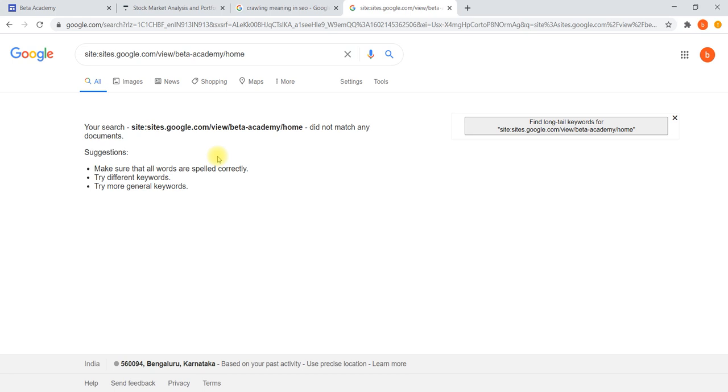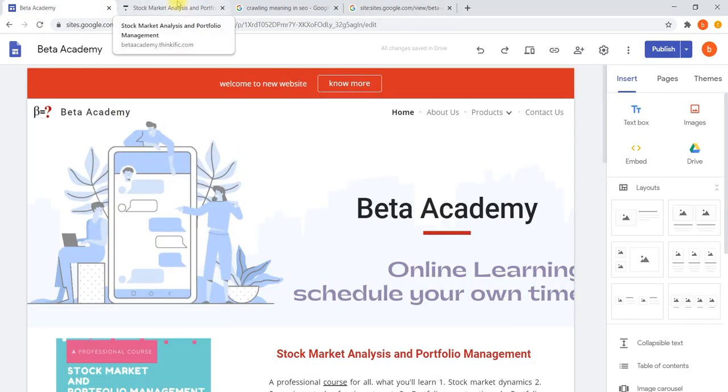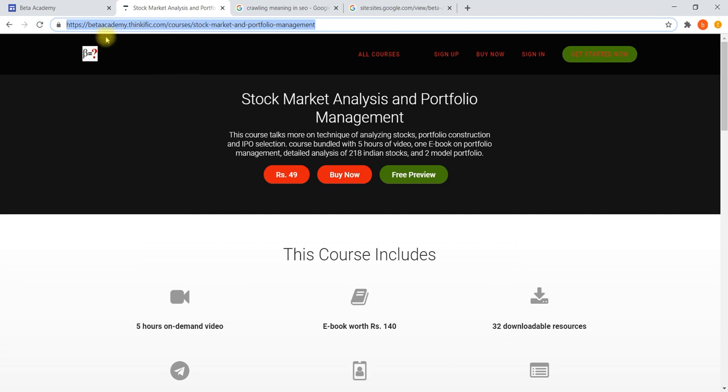To be on Google, we need to buy a domain. You may buy a domain from GoDaddy, or from Google Domains, or from any other domain provider. Once you have your own domain, then only will you be able to get registered in Google or any of the search engines. Then we have to start optimizing your pages. Why haven't I used this particular page? Because we haven't used a domain for it. For that reason we have selected this one.